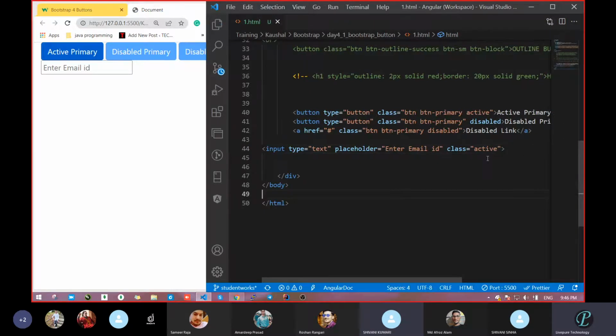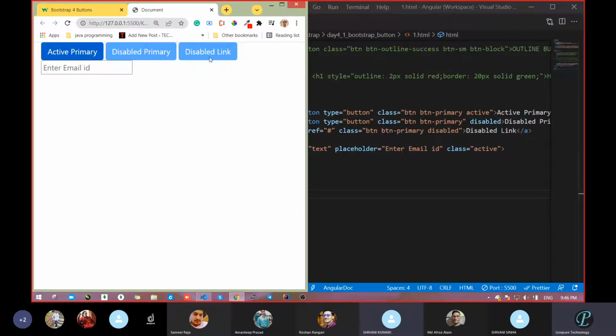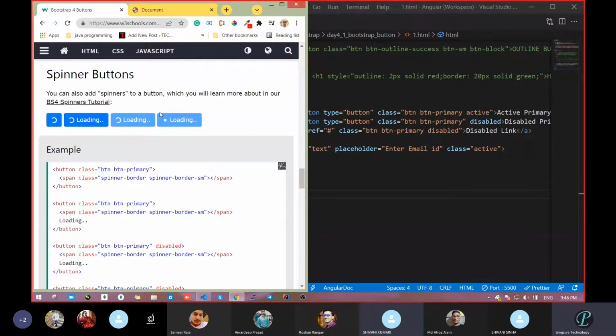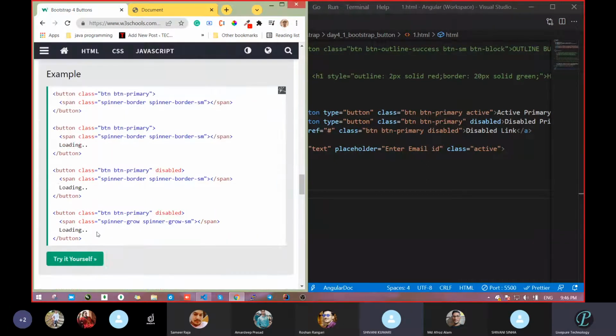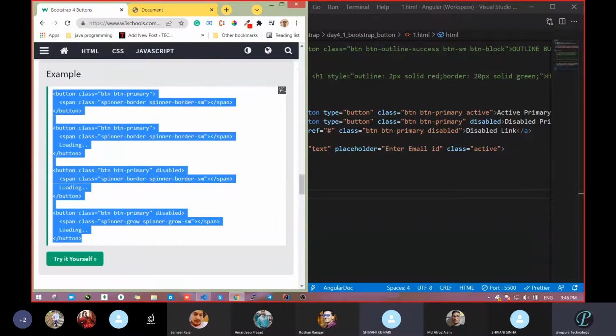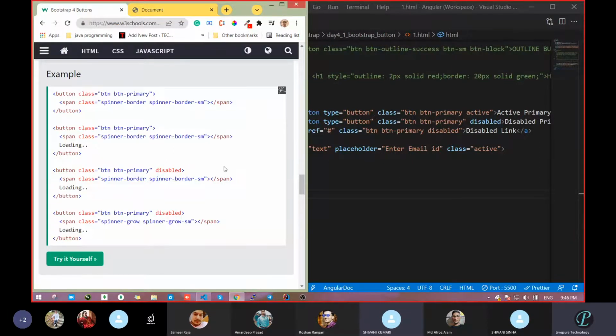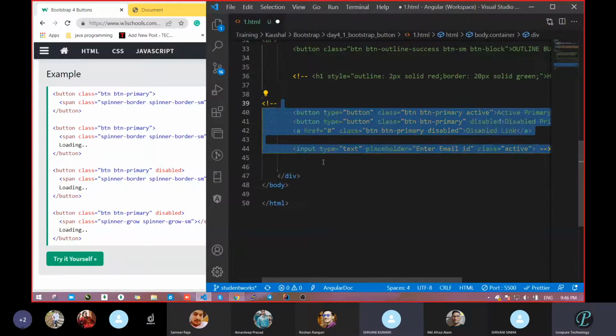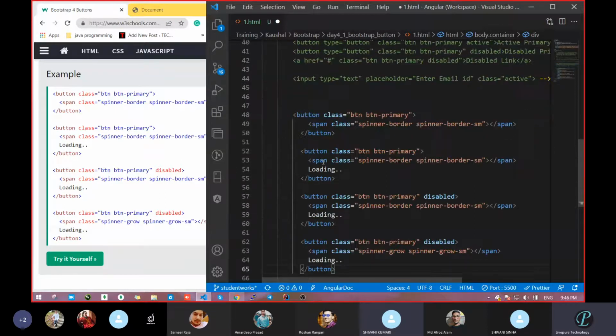Just a minor difference you get here. But in this case you get a difference because here, due to btn, it is completely dark blue, then light, and here also light. Clear? So this way we can use active. If you get some response from the server, we will use this type of button. We will use everything in the case of Angular actually. So that time I will ask you and you have to tell that response.